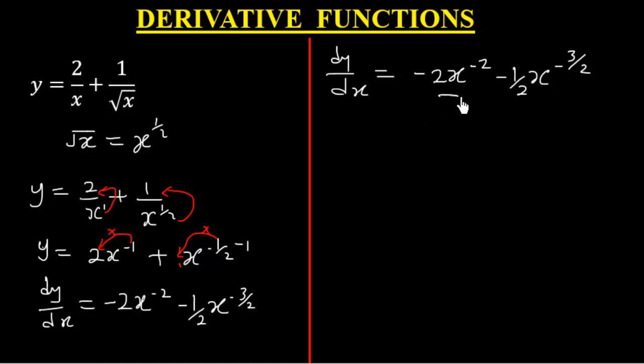Now remember, this is over 1 and this is also over 1. So we are going to move the x to the power negative 2 and x to the power negative 3 on 2 to the bottom, so that the signs of the exponents will change from negative to positive. Alright, so dy/dx equals negative 2 all over x to the power 2